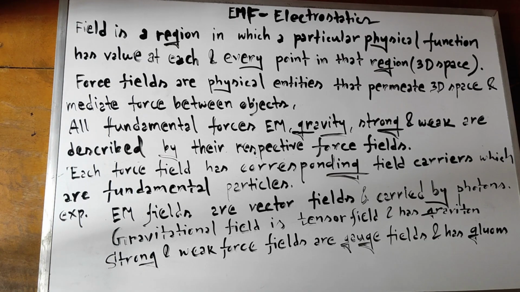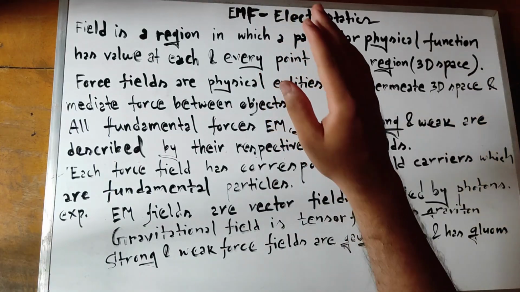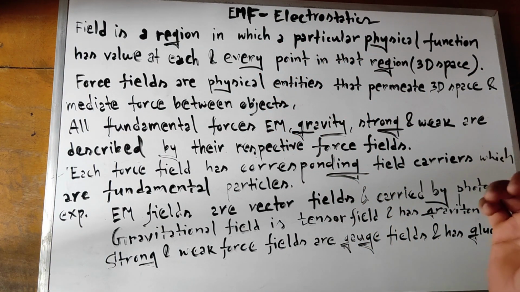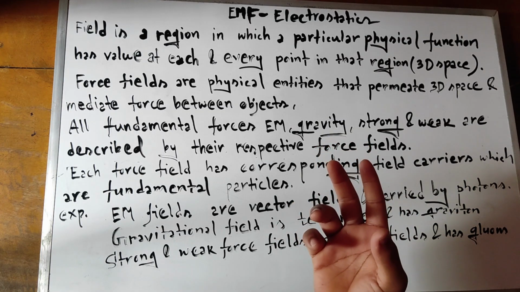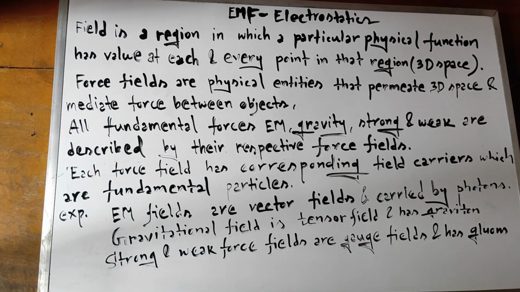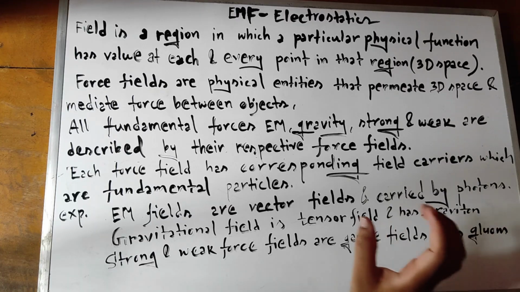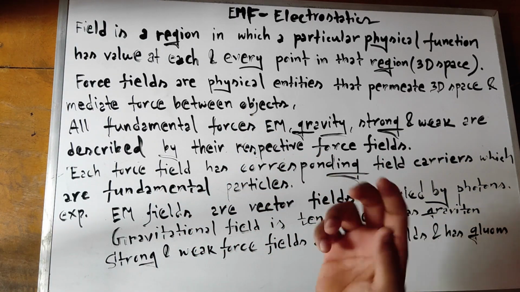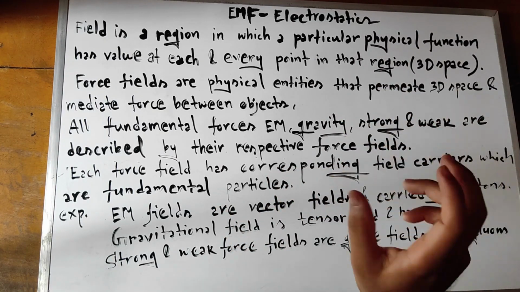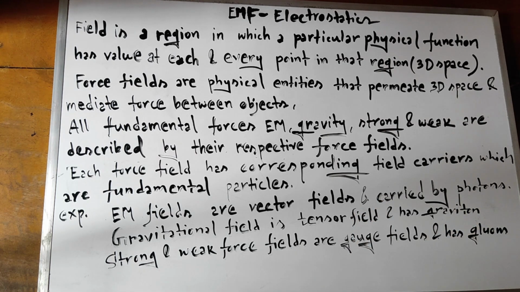So in mathematics and physics terms, a field is a region in which a particular physical function has value. We can measure it, we can measure its effects, we can measure its presence. So a field is obviously a physical phenomenon, and it exists in 3D space in a region. It is a particular physical function which has measurable value at each and every point in that region, that 3D space. So in modern physics, we have force fields, meaning fields that have value, and that